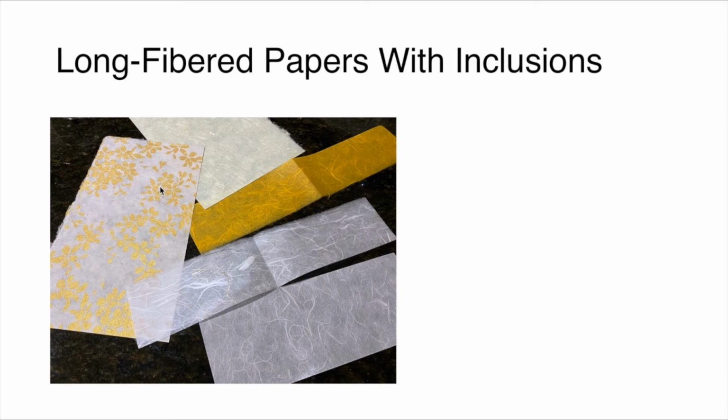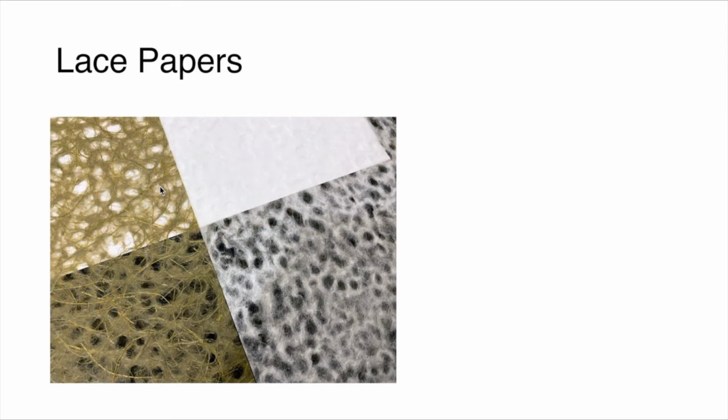And these are some long fibered papers. These have some inclusions in them, that sort of wispy, fibery look. The one on the left has a design in gold. These are some lace papers, and I have them both sitting on both a black and a white background to